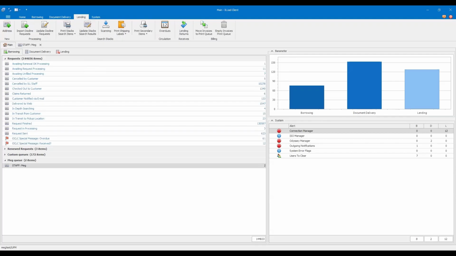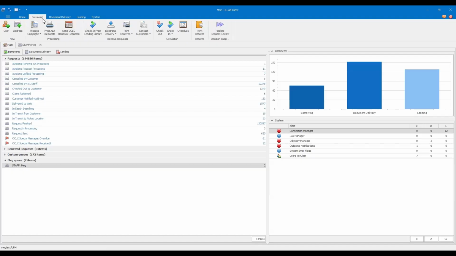One of the things that I have always loved about Iliad is that tasks are organized left to right on each tab, meaning that you will pretty much process items in the order that you see them on the screen, from left to right. For example, on the borrowing tab, you will mark items as checked in, print your slips for receives, and contact customers to notify them that items have arrived. Things are organized in a way that makes sense based on workflows.